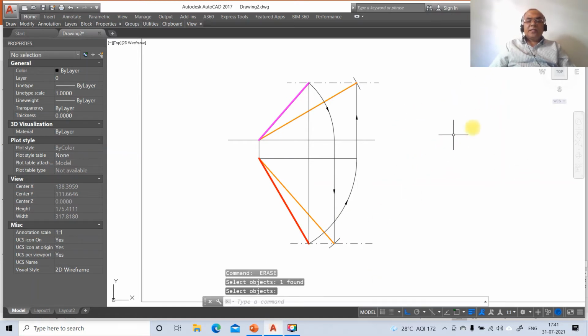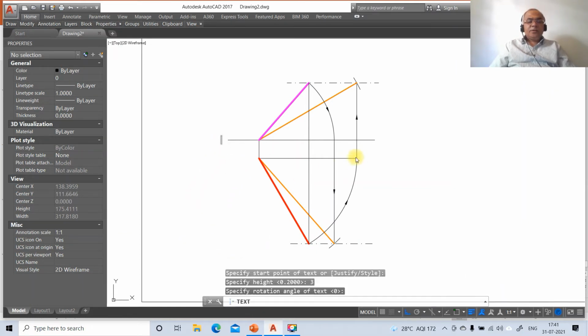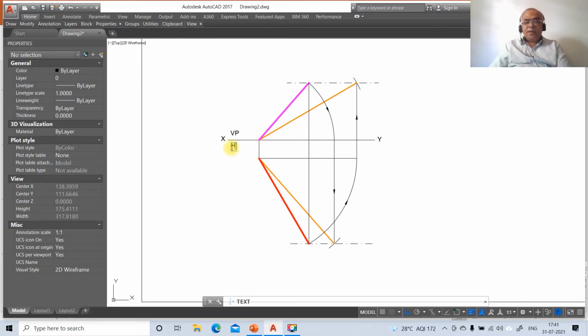Now we need to go for dtext now. So to do that, go to dtext. So click on this, take the height as 3 and you mark this as X and you mark this as Y. This as VP, and this as HP, and this as capital A, and this also as capital A, this as capital B, and this as locus of B, and here also you make this as capital B, this as locus of B,